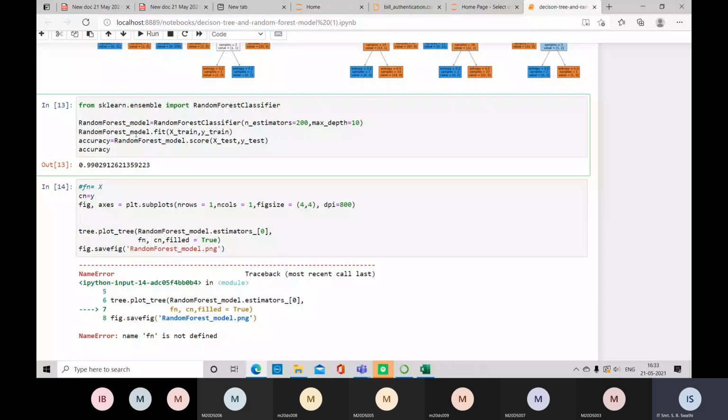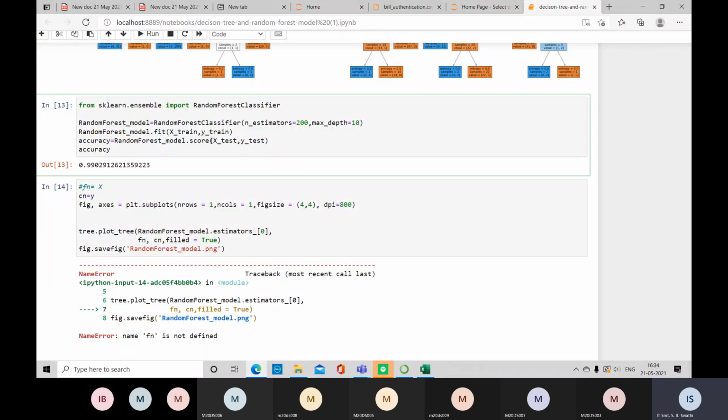Now this is passed and it has been executed. Now I want to see what is the output of this model. For that, take a variable and to the random forest model variable add this method, dot score of x test, y test. Means I am giving new data and I want to find out the accuracy, whether the y test is predicted.